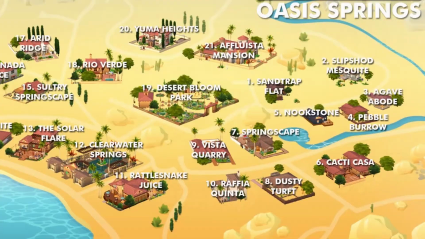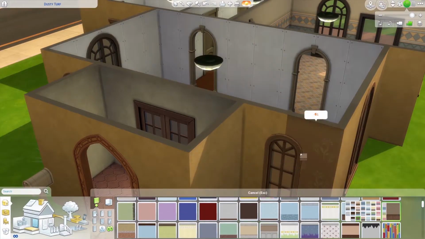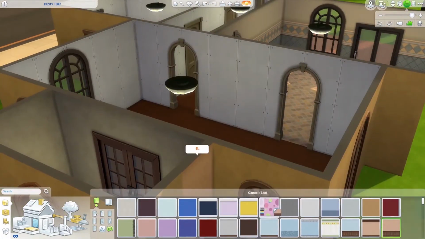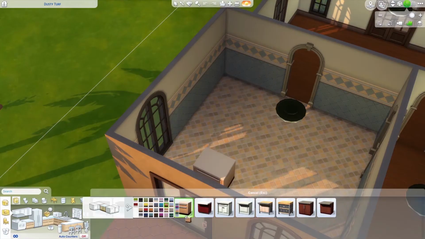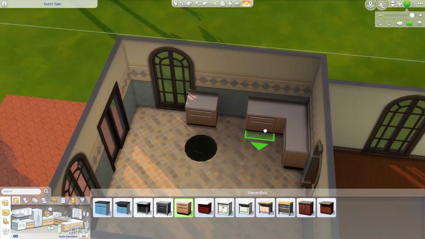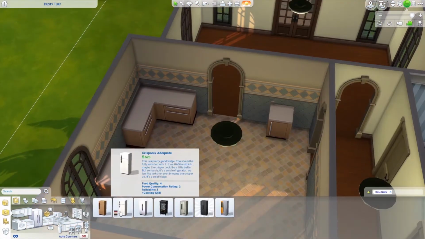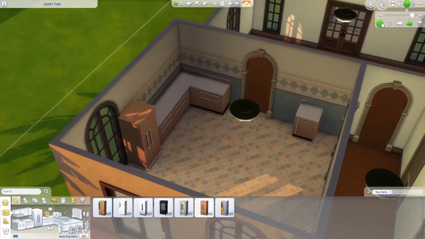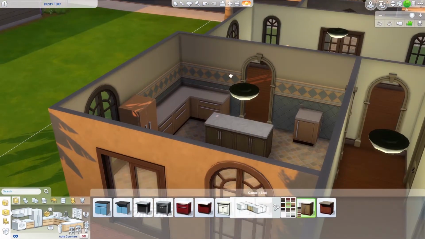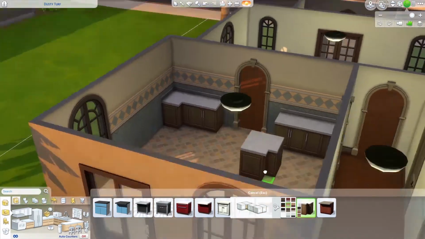So I received this lot, which I believe is called Dusty something. It's up there in the corner. I will insert a photo to show you where this lot is on the map, but I was assigned this lot with the vibe of being Mediterranean Spanish, kind of like how Oasis Springs is in several of their lots already. So that was easy in that there were plenty of examples, but challenging in that I have never built